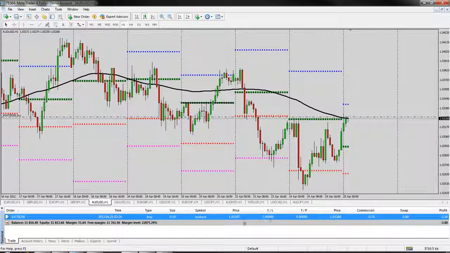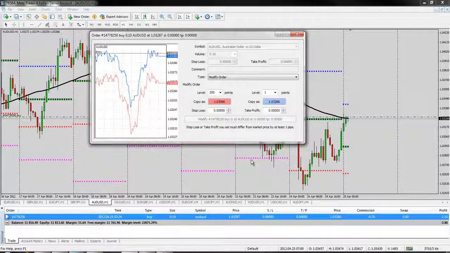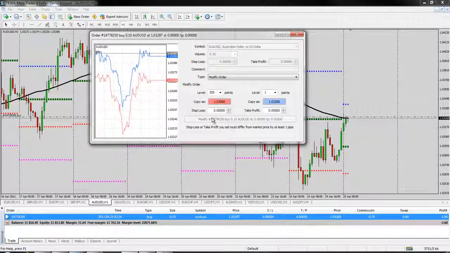So the best thing to do is just anywhere on this trade, right-click and go to Modify or Delete. And Modify is going to give us the option to set our stop loss. So if you look down here where my mouse is, this is the price that I entered, 103.28, and since this is a 5-digit broker, I just leave off that last digit, so 103.28. So if I want to put in a 20 pip stop loss and a 20 pip take profit, I just type that in right here,